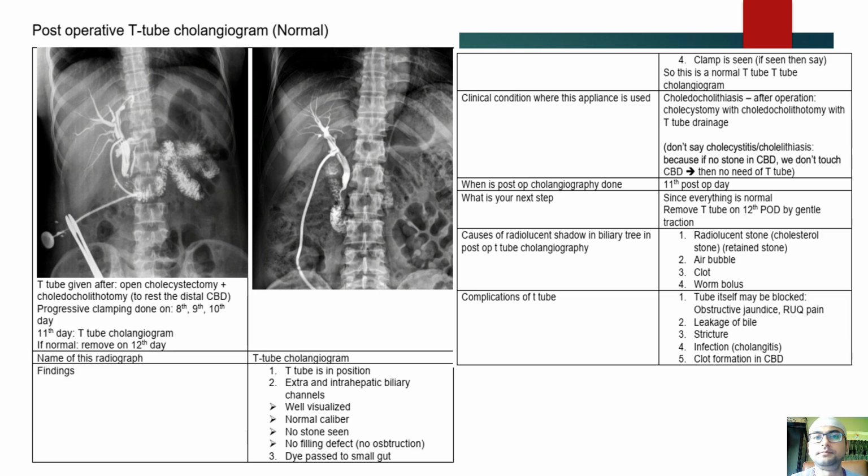Like the tube itself may be blocked, so it may need to be flushed out, and obstructive jaundice occurs due to the tube. Leakage of the bile: bile can leak from where it is attached. From those sides, bile can leak. Stricture: due to prolonged keeping of the tube, a stricture can happen due to cholangitis. Then clot formation: due to injury or bleeding, there will be a clot. Okay,